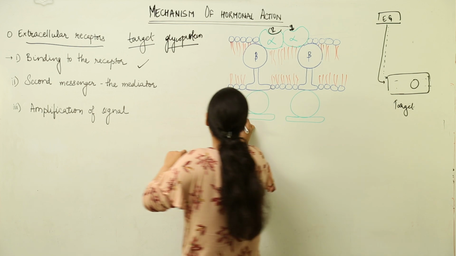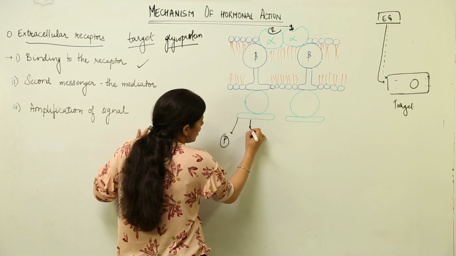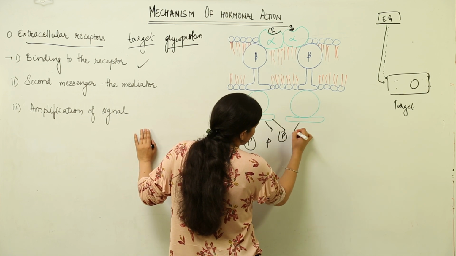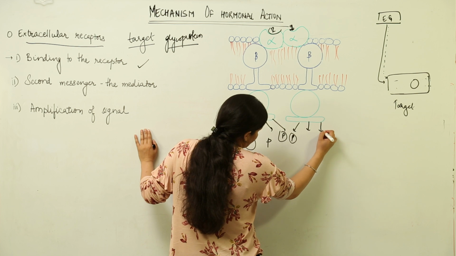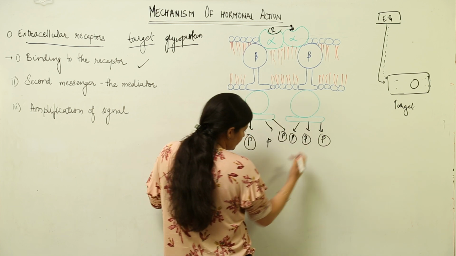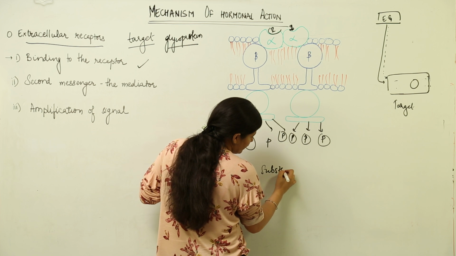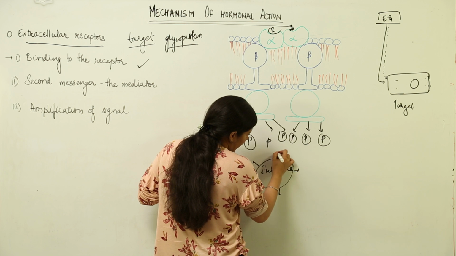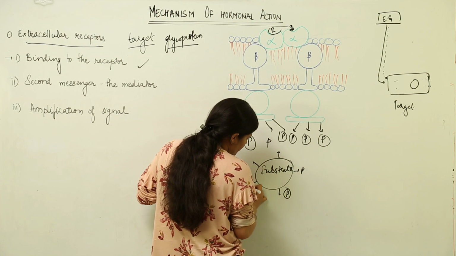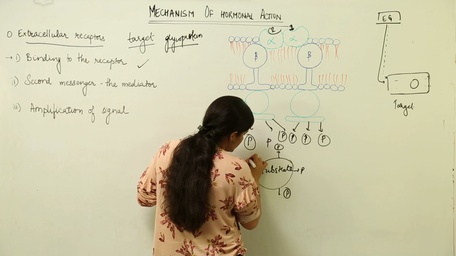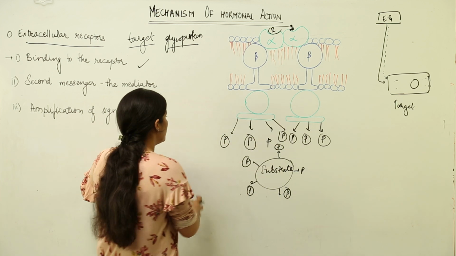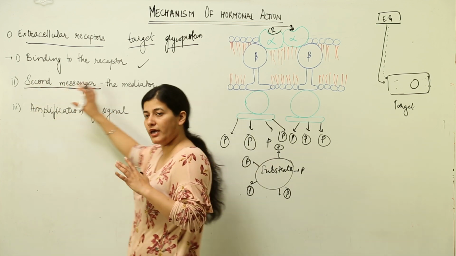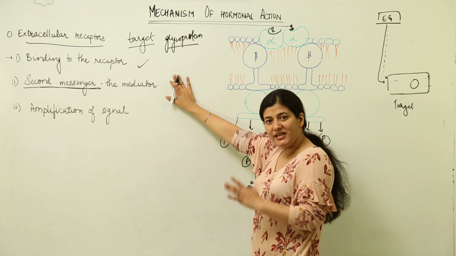As soon as the beta subunit undergoes conformational change, it induces that change in the cytoplasmic domain as well, and it leads to the addition of phosphates. Phosphates get added to these cytoplasmic domains, both of them. Apart from this, there would be substrates as well, and to those substrate binding molecules there would also be addition of phosphates. What would happen as a result of this phosphate addition? There would be a change and the second messengers, or the mediators, would be formed.